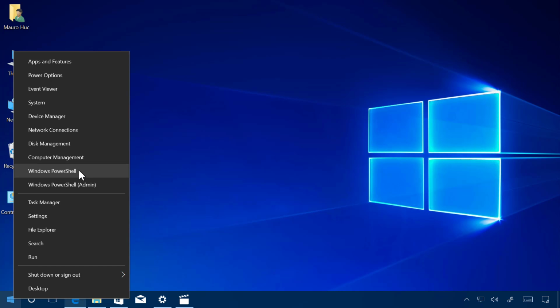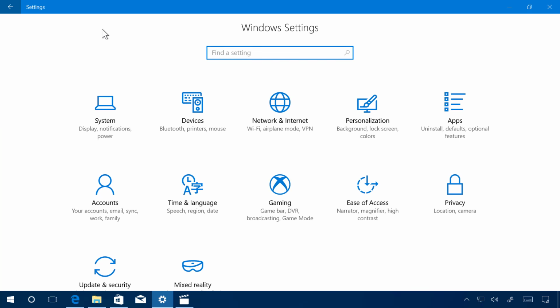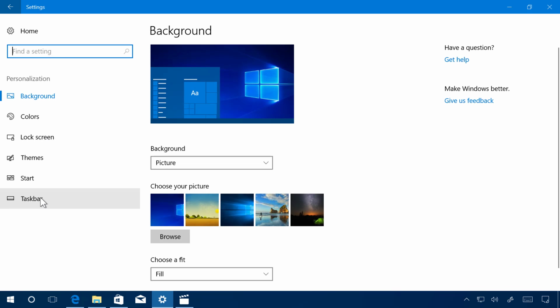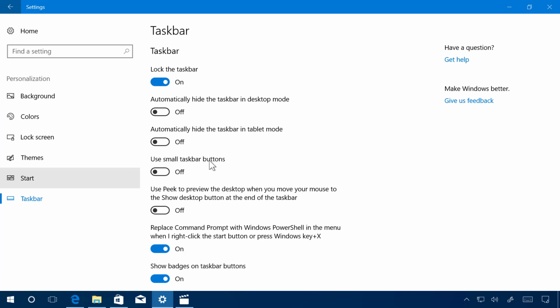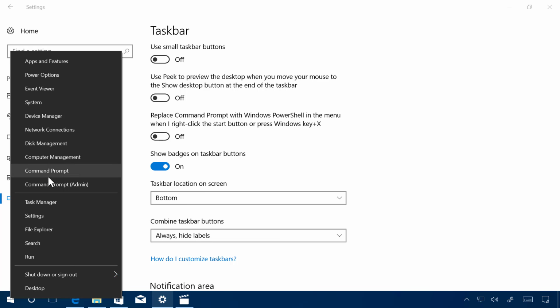If you'd like to have the Command Prompt items, you can always go to Settings, then Personalization, and then, I think it was Taskbar, and you can see right here the option to replace Command Prompt with PowerShell. You click, you turn that off,